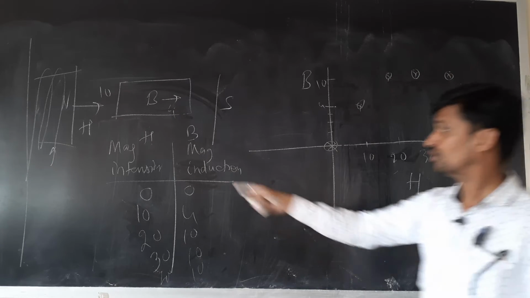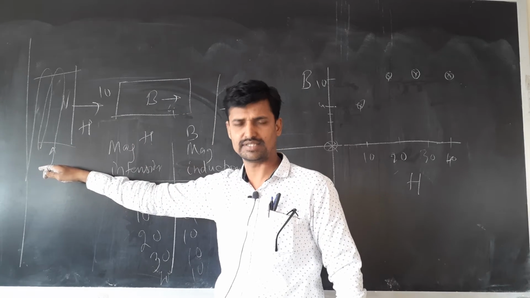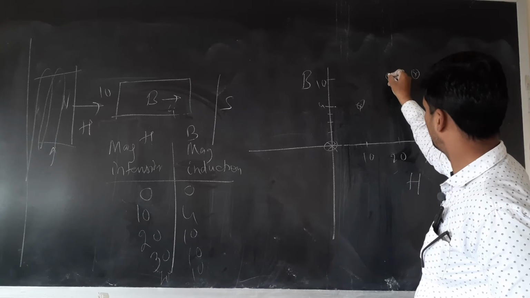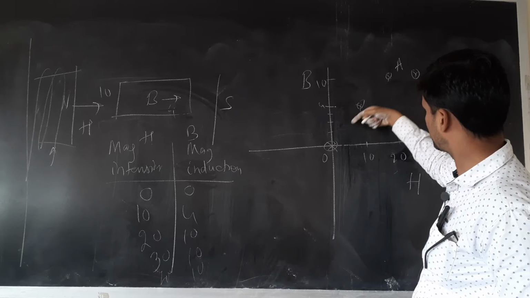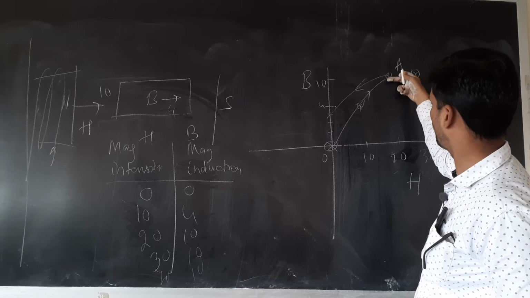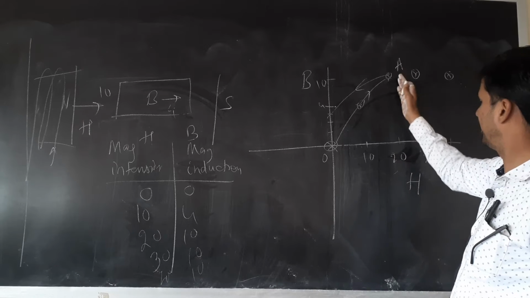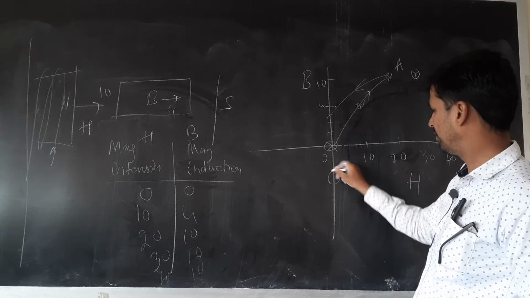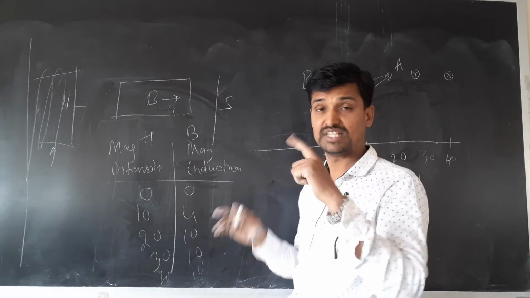What is done is we keep on decreasing H, decrease this magnetic intensity. The curve does not follow the same path. It will not retrace; earlier we went here, it will not come back, it will come through some other path. If you make H 20, 10, 5, 4, 3, 2, 1, 0, even if you make H 0, it is completely removed, no magnetism is applied.